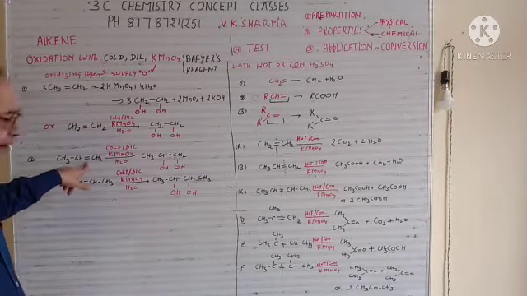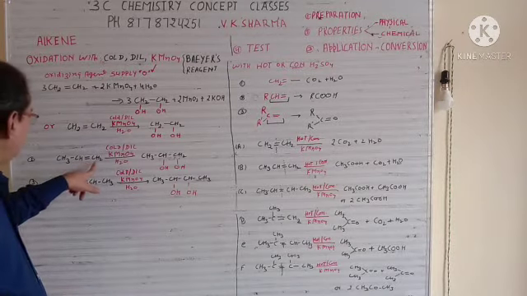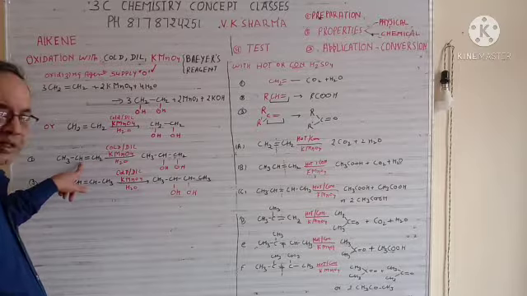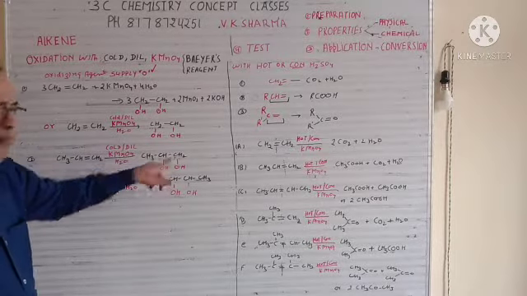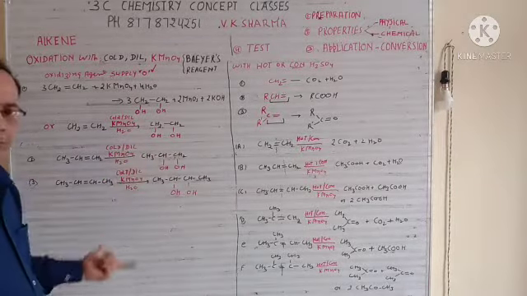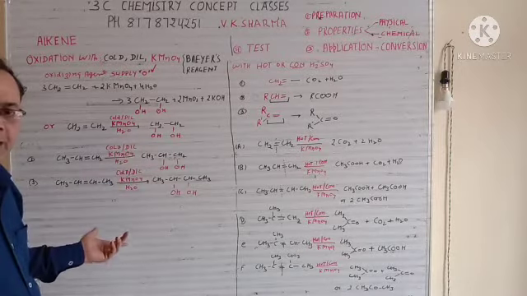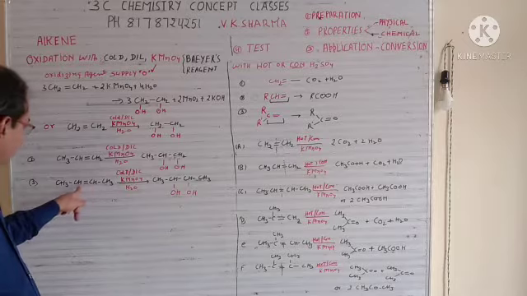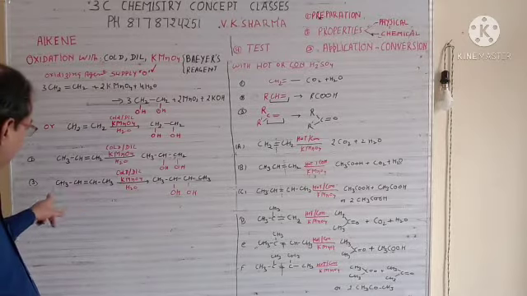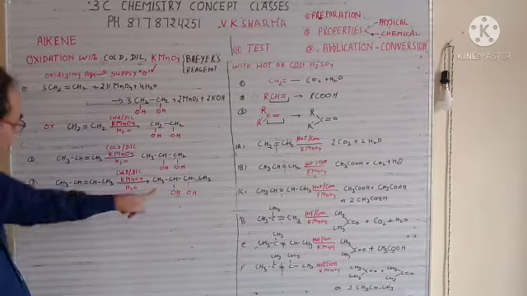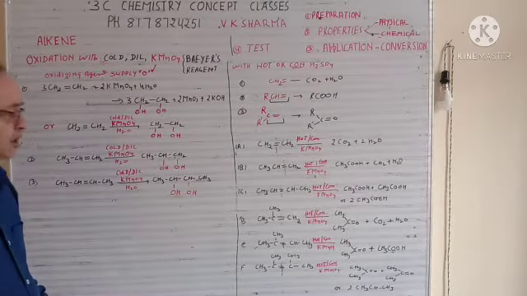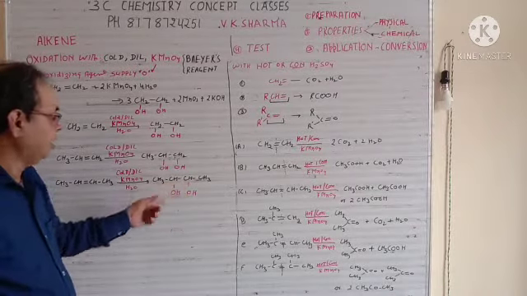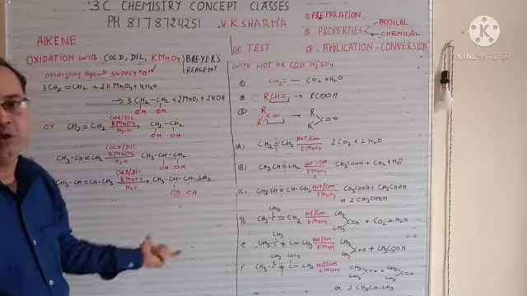Now suppose we have 3 carbons, but the double bond is here, between 1 and 2. So you will get the OH groups on the same positions. Break the bond, put the OH groups. So this is 1,2-propanediol. Suppose this double bond is coming in the middle, so this is 2 and 3, 1, 2, 3, 4. So you will get the OH groups on the second and third positions. So this is your 2,3-butanediol. So this is your name.